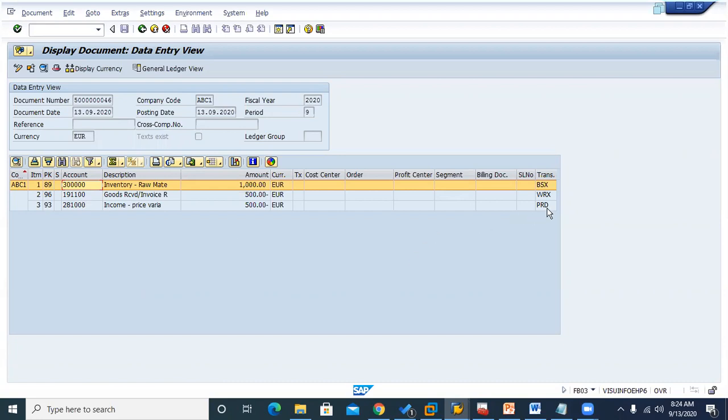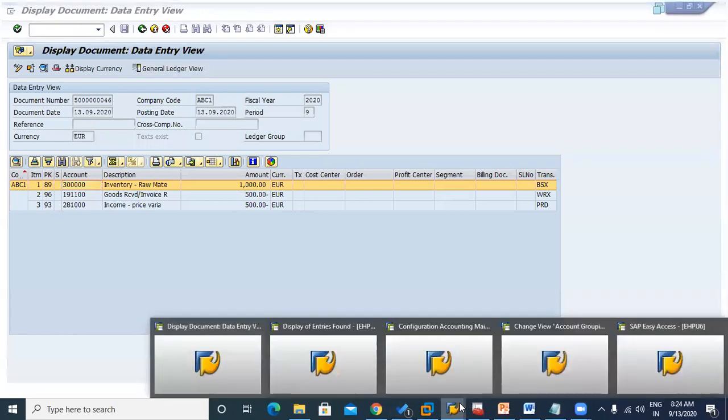Next we will see the PRD one, because it's an income. You can see here the material price is supposed to be 1000, 10 pieces we have taken, 100 euros each. So the value of that stock is supposed to be 1000, but we have paid only 500 to the vendor. That means we have gained an income, so that should be posted into an income account. There is another account assigned to the PRD. So we will go to the PRD, and we will also see how we have reached this one, so that you can confirm it.